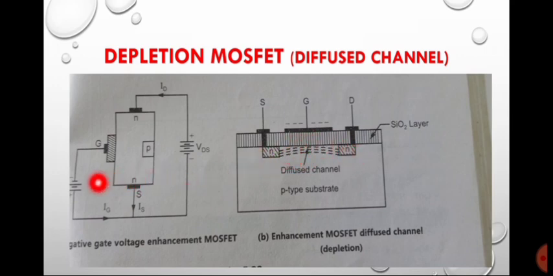So when negative charges develop on the gate, the same charged particles have a force of repulsion. This negative charge will repel the electrons below, hence the electrons will get depleted from this channel and the drain current will decrease. As the negative charge develops, the channel will get depleted and the drain current will decrease, hence it is known as depletion mode MOSFET.